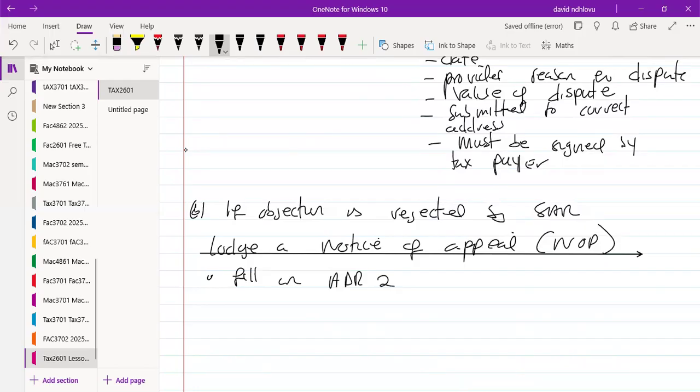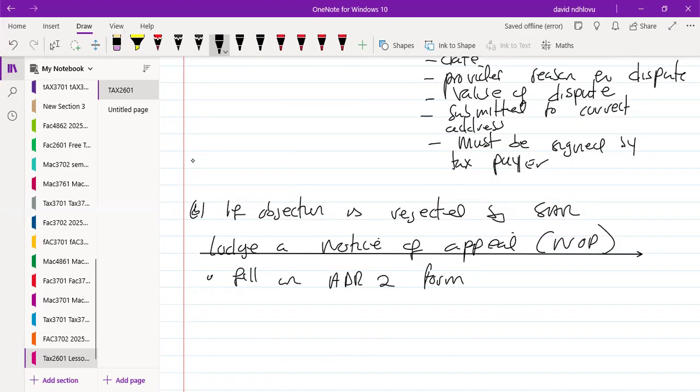Right, again, they will ask you which form you're supposed to fill in your multiple choice. So they will probably give you: when lodging a notice of appeal, you must fill an ADR2 form. That's option number one, or just say RT form, true or false. Then you must choose the correct option. So it's a must that you understand which form goes with which appeal or with which notice.